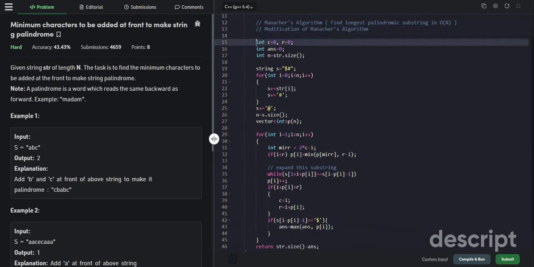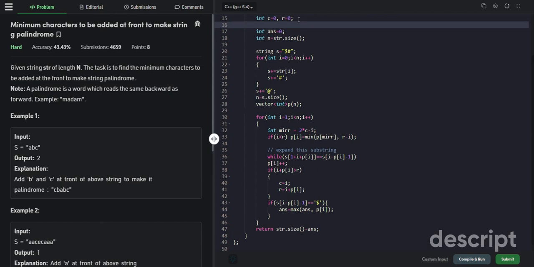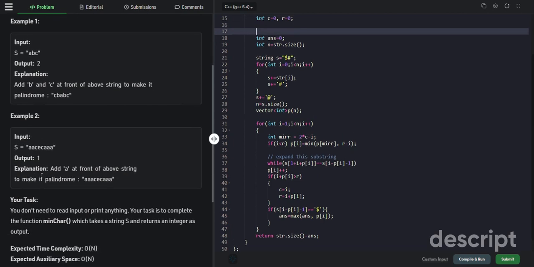Initially, as we do in Manacher's algorithm, we just fix the center and the right pointer at 0. And what is the modification we are doing? We are just creating a variable, let's say answer. Let me just give you the intuition. Basically what we are doing,